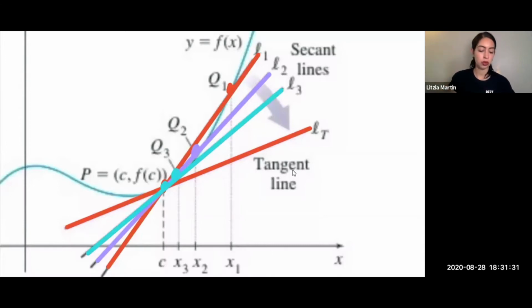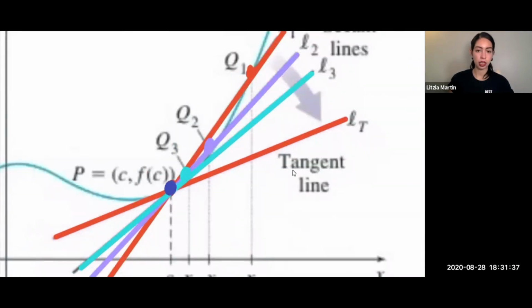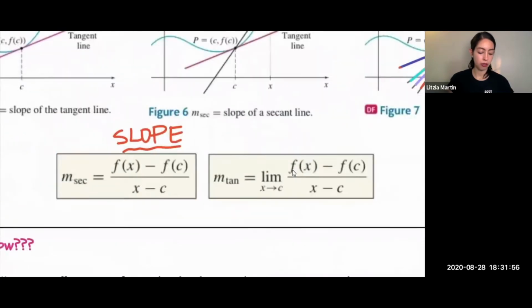We can start to assume that the closer we get to this point here, the closer we can create a secant line that is close to that point, the closer it will be to becoming the tangent line. So that means that when we are writing our slope formula for the secant line,